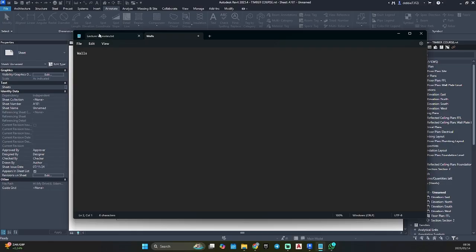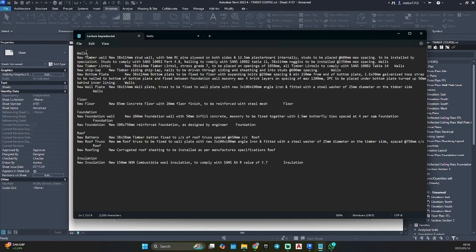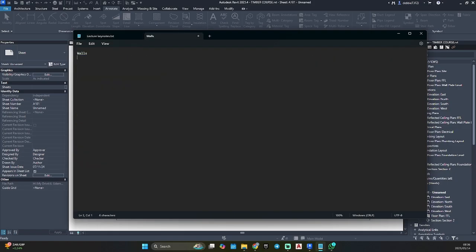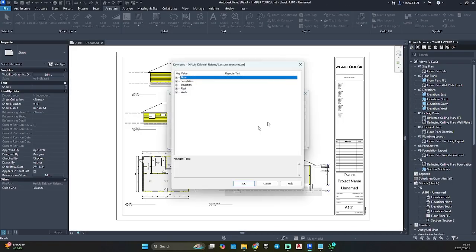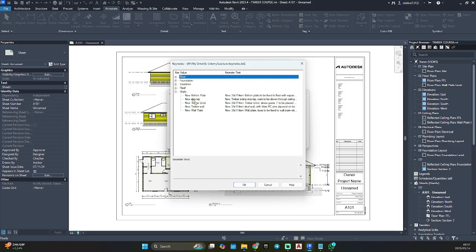So let's go with our new timber wall. I'm just going to copy it. We hit tab to create your description. So once we hit tab, we isolate that new timber wall, and this space is in a sense tab. So now we're going to do our description.